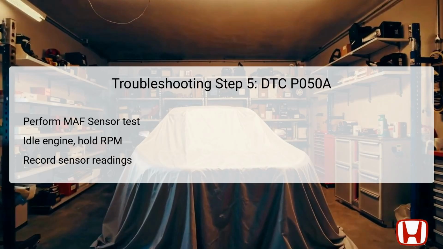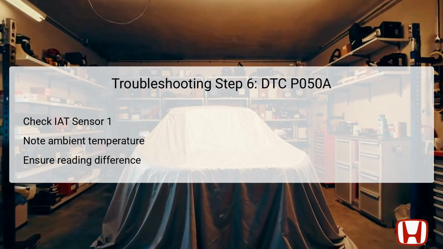Once the engine is idling correctly, monitor the engine speed and hold it at approximately 2,500 RPM for at least 30 seconds. During this period, record the HDS readings for the MAF sensor. It is critical to confirm that these readings fall within the normal range, which should be between 4.1 grams per second and 5.7 grams per second. If the readings are outside this range, it indicates an issue with the MAF sensor, necessitating further inspection or potential